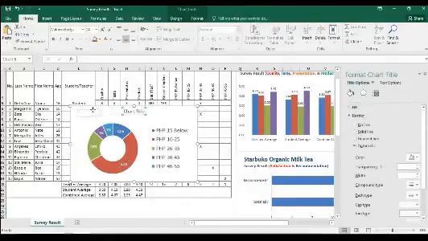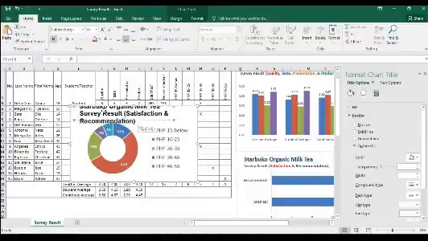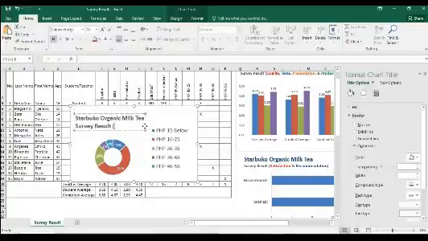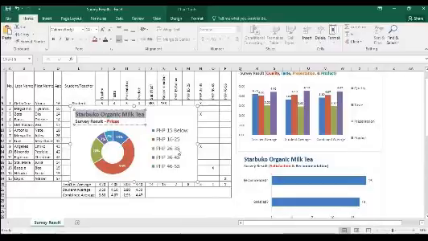And then for the chart title, let's copy this one, Control V, survey result, and then this is for prices. Okay, so there, we're done.